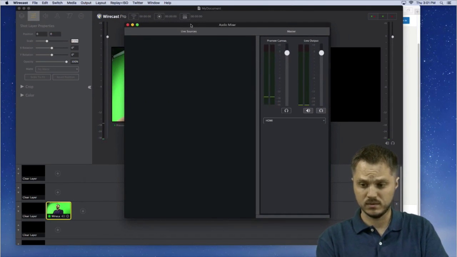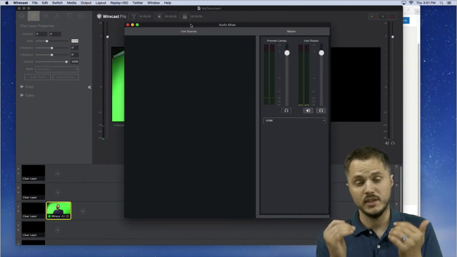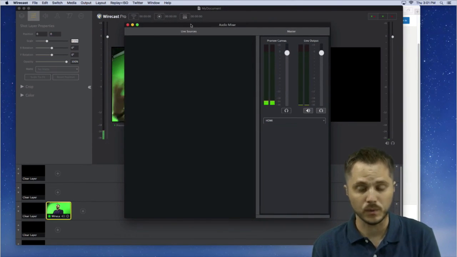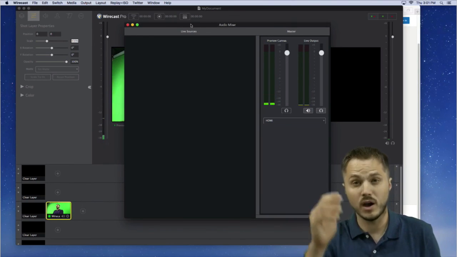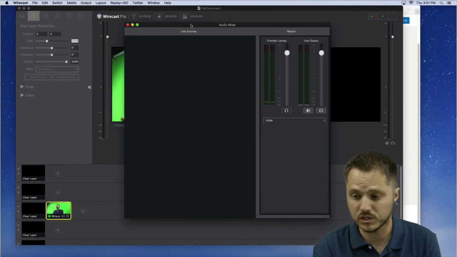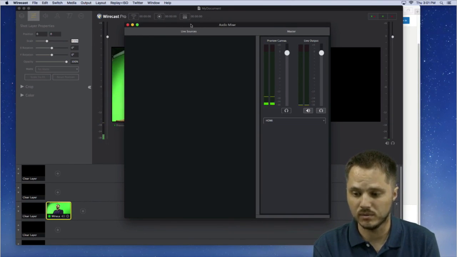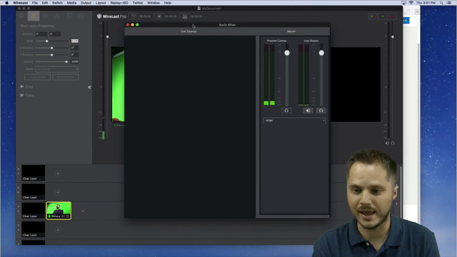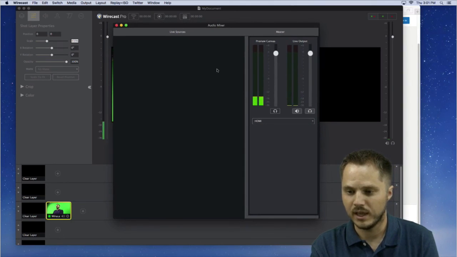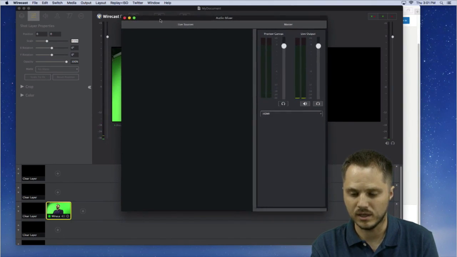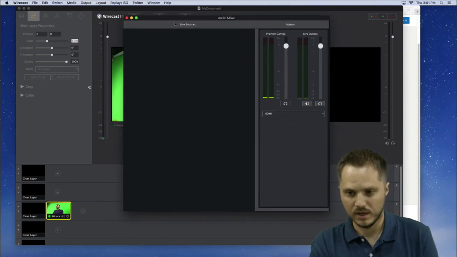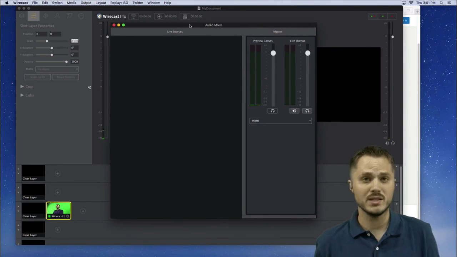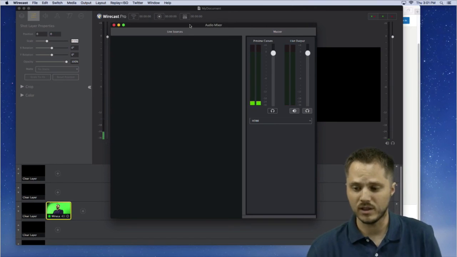Prior to this, it was called the Audio Inspector, and the Audio Inspector was only available in Wirecast Pro. It also had your audio delay functions. So this is where you would create that. And you also could add sources that were live and make them live in here. Now, this is the first redesign of the Audio Inspector and is now the Audio Mixer.